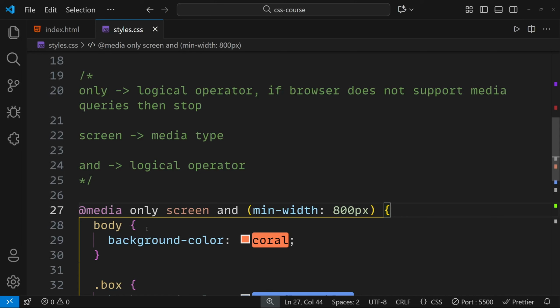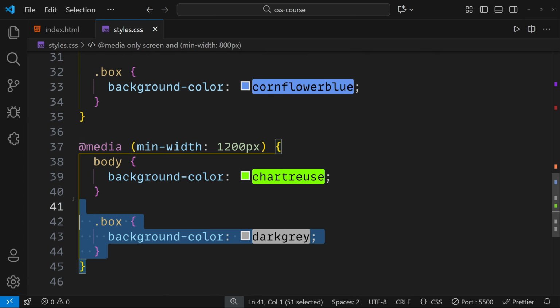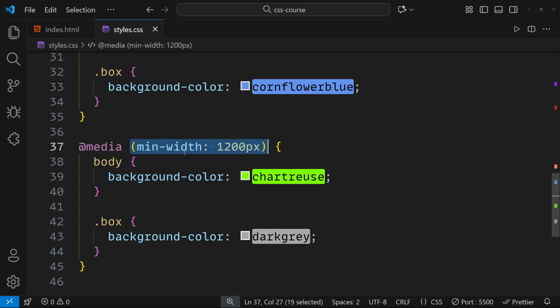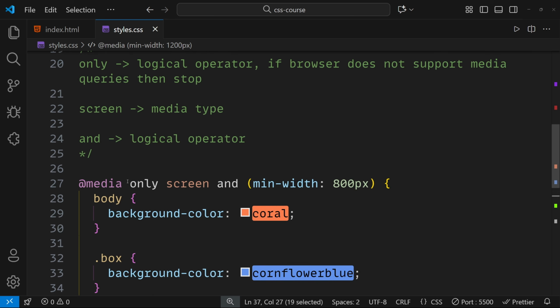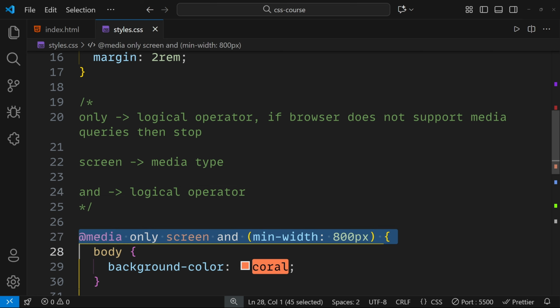Okay, here in this line, I have written down an expanded version of our media queries. In the last video, we wrote these media queries, where we are just saying, hey, media, and then min width and this one, right? So here I have written a little bit more of the syntax which I like to use while writing the media queries. Okay. First of all, what I have done is @media, and then we have the